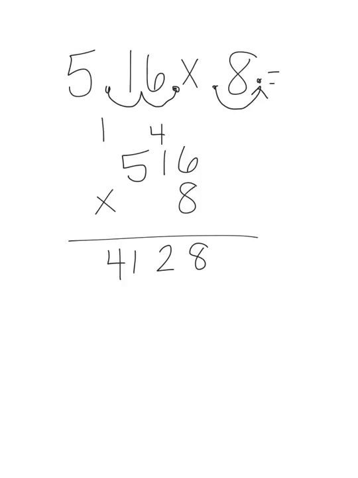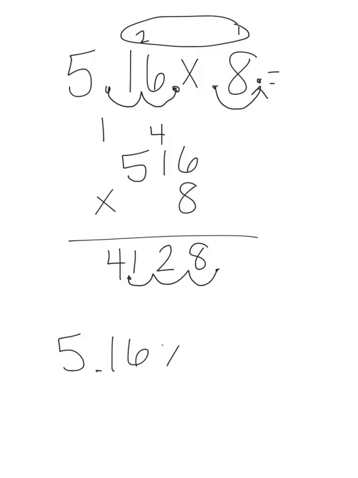So in this case, in 5 and 1600ths, I moved it 2 times, and in 8/10ths, I moved it 1 time, for a total of 3 times. So with my product, I take my decimal, which is going to be at the very end, remember it's just invisible, and move it back to the left 3 times. So 1, 2, 3. Now my decimal is in between my 4 and my 1. So now my answer of 5 and 1600ths times 8/10ths is now 4 and